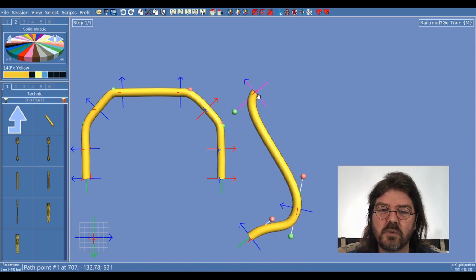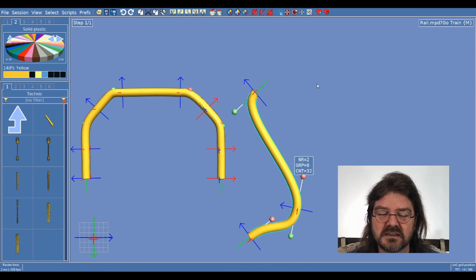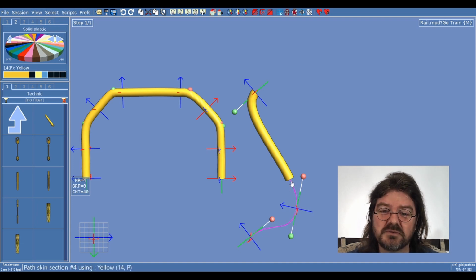One thing to be wary of when you are inserting new points is to make sure that you have selected the crosshairs and not the object, because that will do something different if you press insert and then click somewhere in the object. It's going to delete that section. So it is possible that you might want to do this at some point, but if you're building your curve, you definitely don't want to do that. If this does happen, just press Ctrl Z